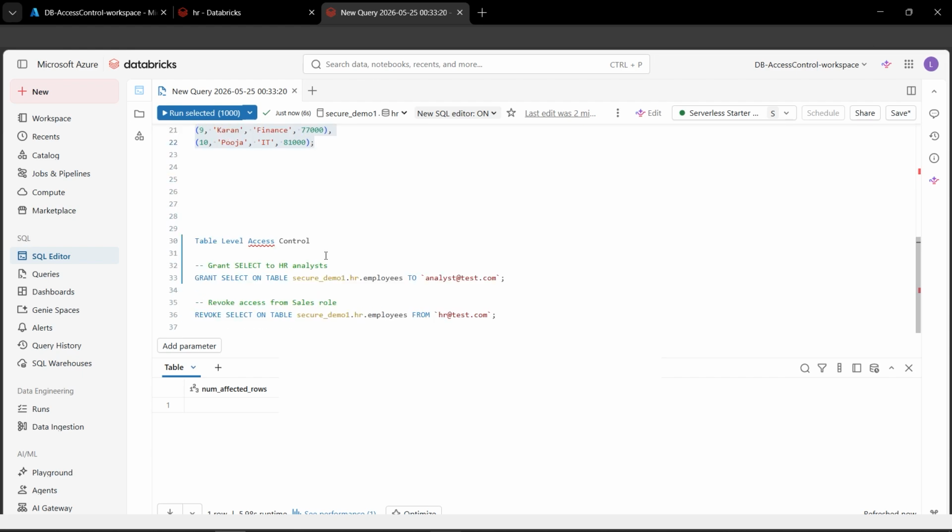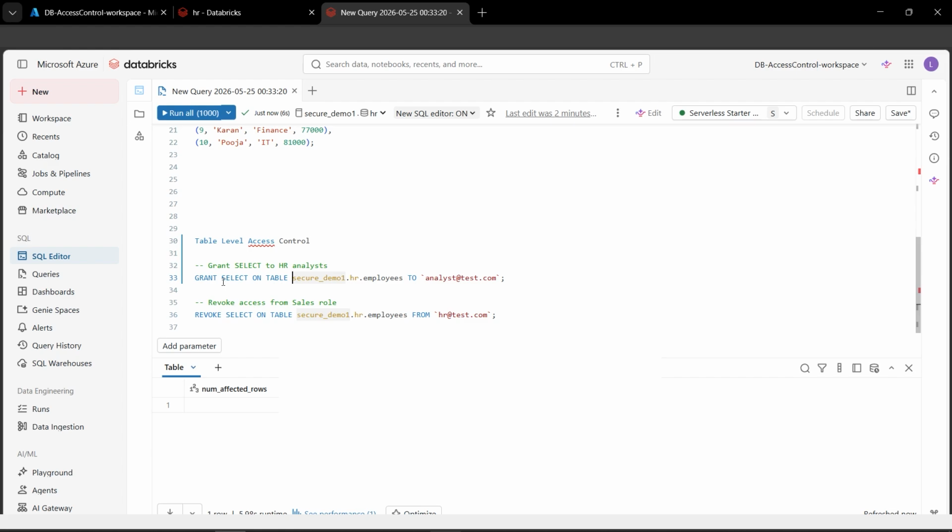Next goes our concept for table level access control, which is our agenda for today. So here, let me first explain what the purpose is. Here we are basically restricting access to the entire table. And basically here we are controlling who can query the table at all. We can see the grant statement here. We can see revoke as the